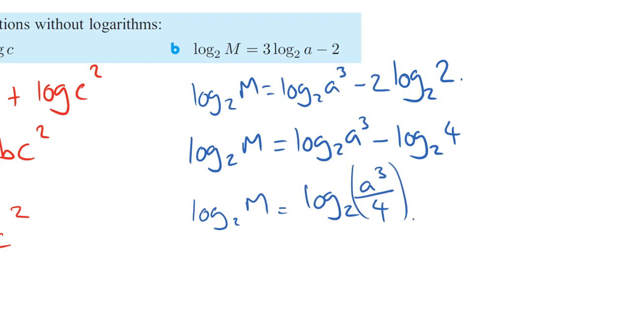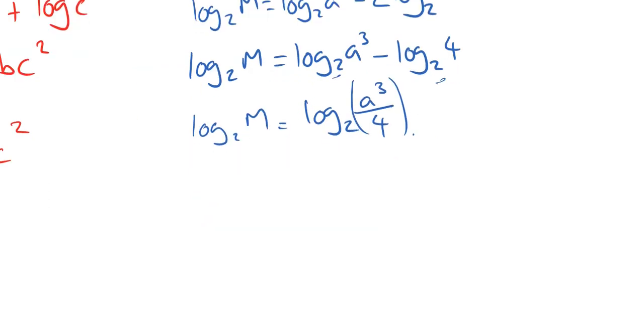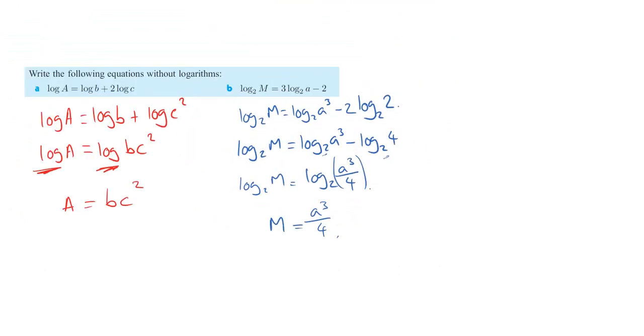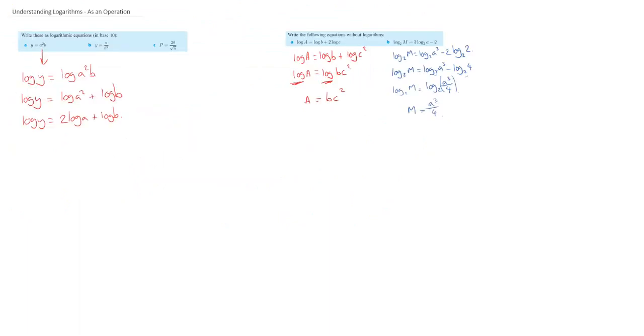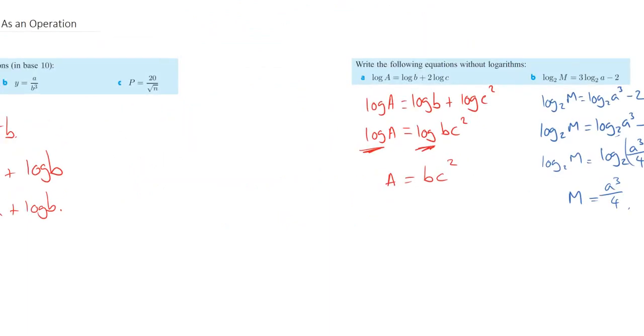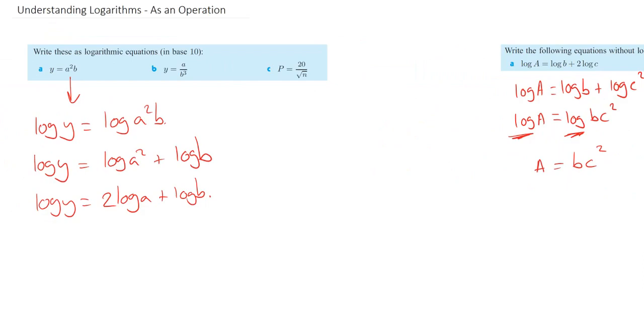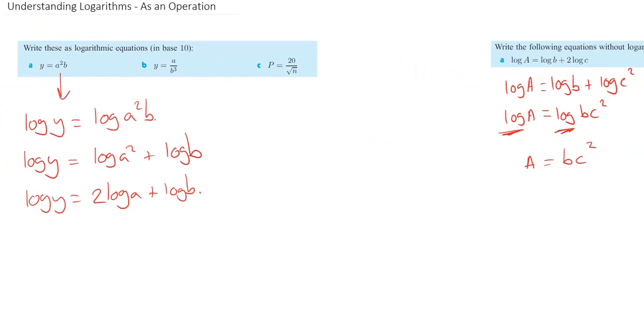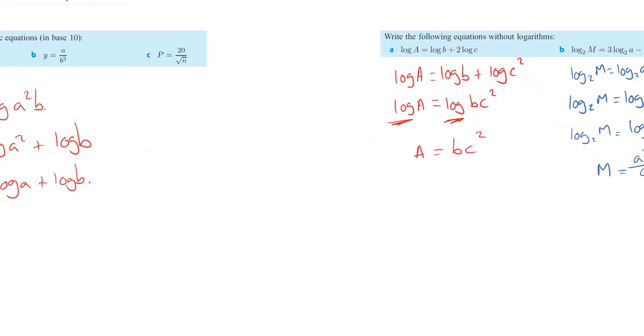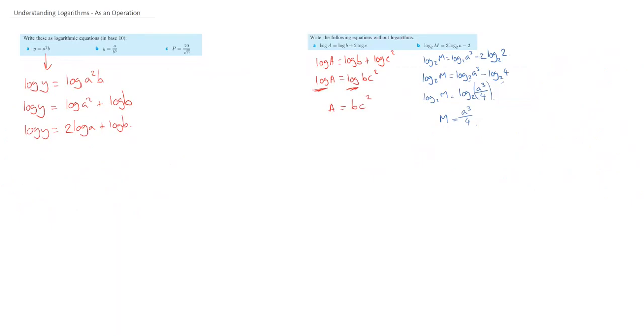And again, I can only do that because I had the same base. Otherwise, that law does not work. Right, from here, we've got log base 2 happening to both sides. So if that's true, well, m must equal a cubed over 4, and I am finished. Okay, so hopefully that was some nice examples of how you can apply logarithms to both sides, or you can drop logarithms from both sides if you can create the conditions for